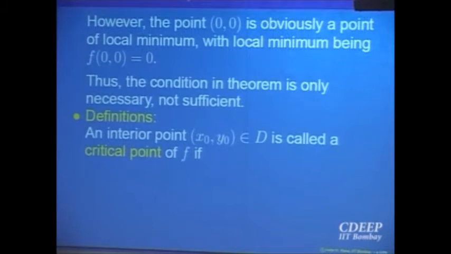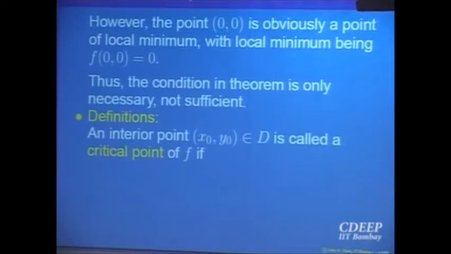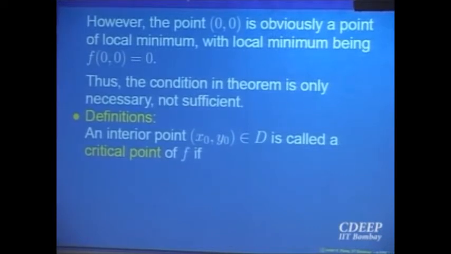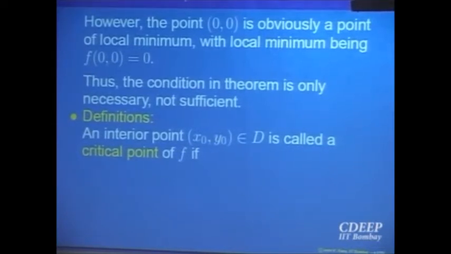Of course, we have to include along with them the points which, for one variable, were the end points of the interval. Similarly here, for a domain, we have to include the boundary points of the domain. So all these points put together will be the possible points where the function can have a local maximum or local minimum: boundary points, and the interior points where one of the partial derivatives does not exist.